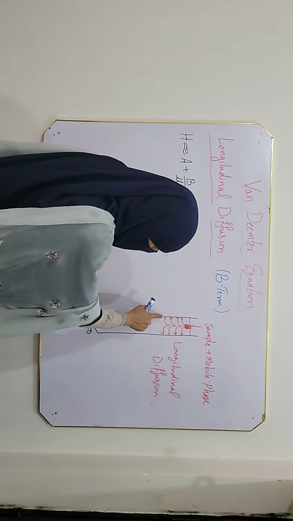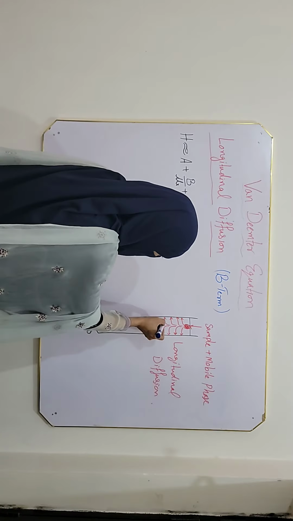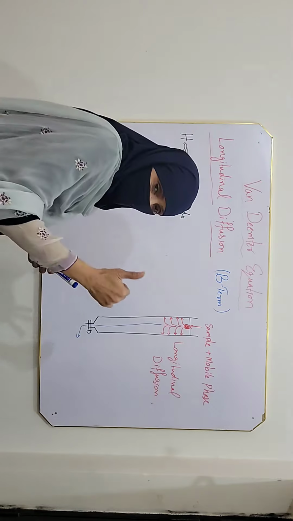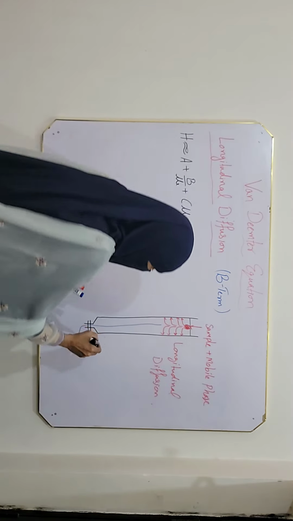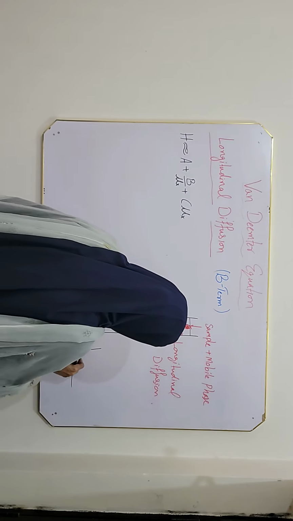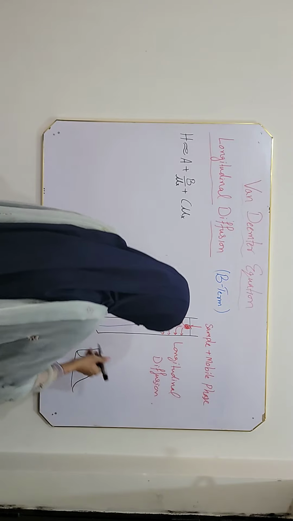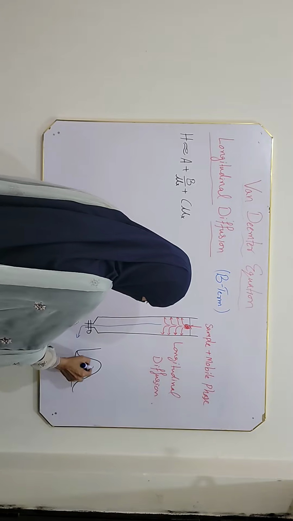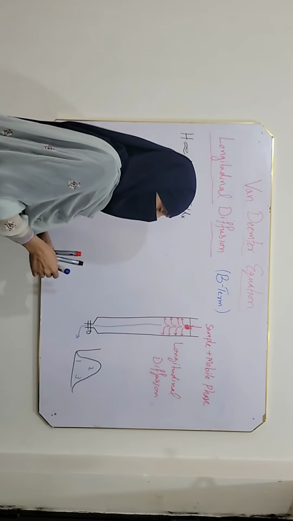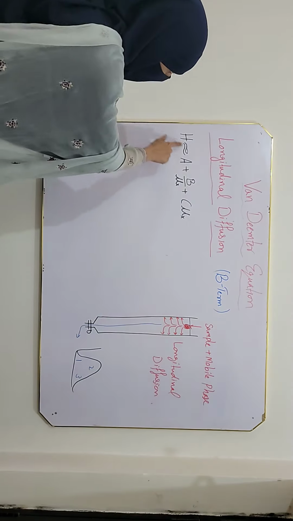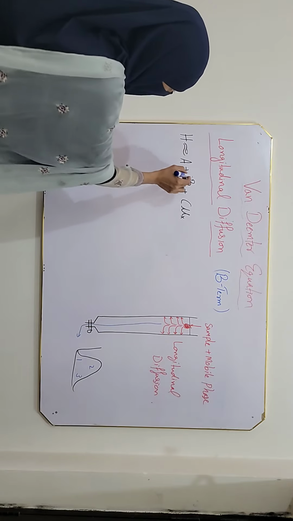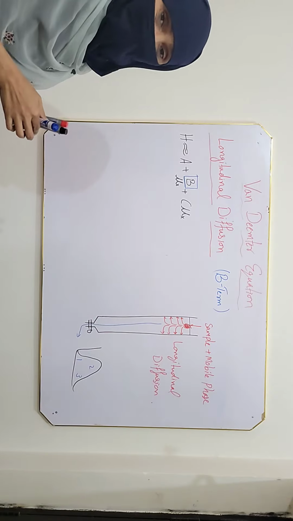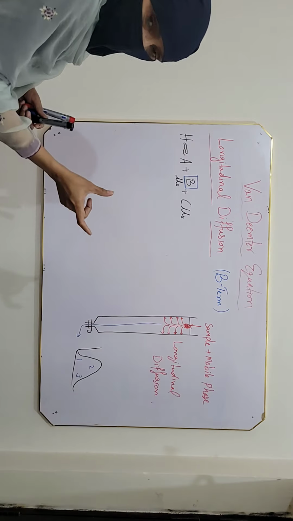Again, due to diffusion of sample towards walls of the column, central components come out quickly, and those which diffuse towards walls of the column come out later, and again broadening of band occurs. Mean first component comes out quickly, those which diffuse come out later. As a result, band becomes broad, and as Van Deemter equation shows, B term, if longitudinal diffusion increases, then plate height also increases. So plate height increases when longitudinal diffusion increases.